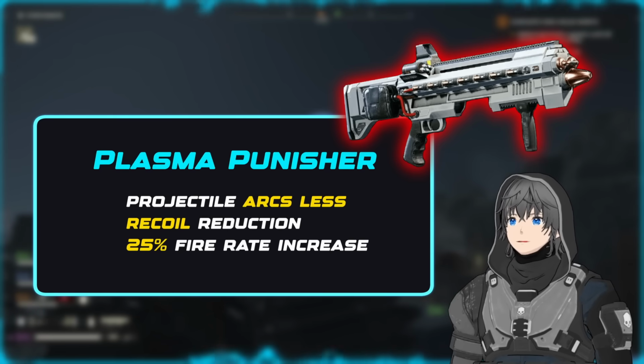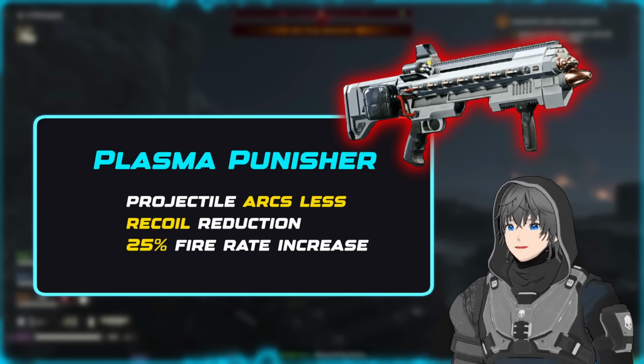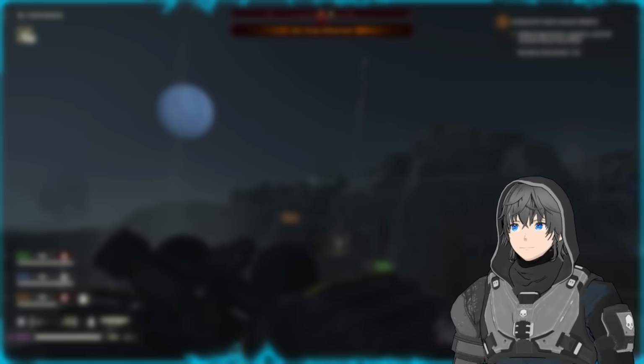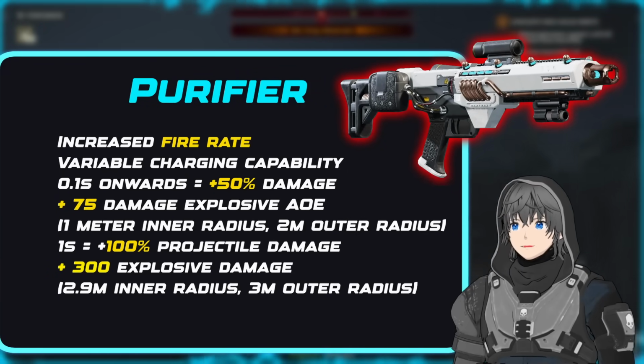The Plasma Punisher also did get a modest recoil reduction and 25% fire rate increase, though, so maybe it's a bit better than I'm giving it credit for. We'll have to see. Speaking of weapons living in the crossbow's shadow, the Purifier has finally received its long awaited buff,